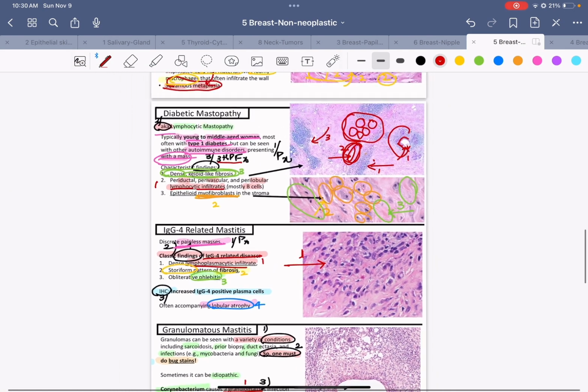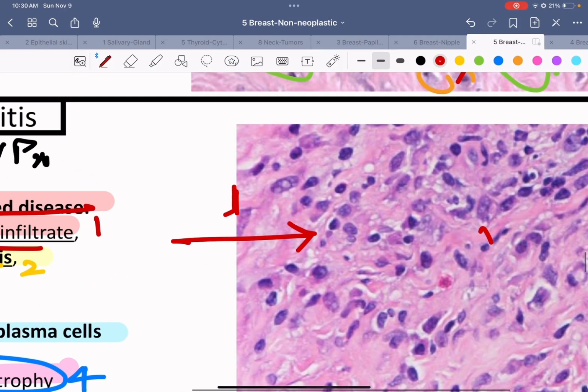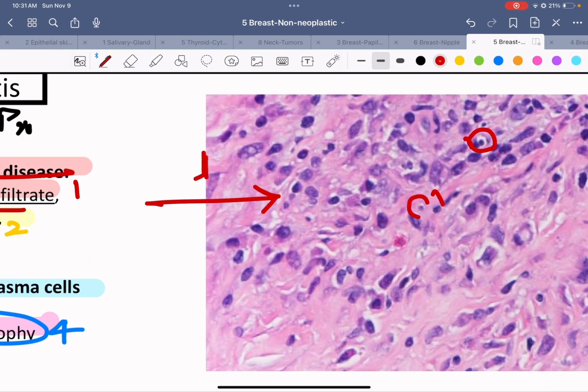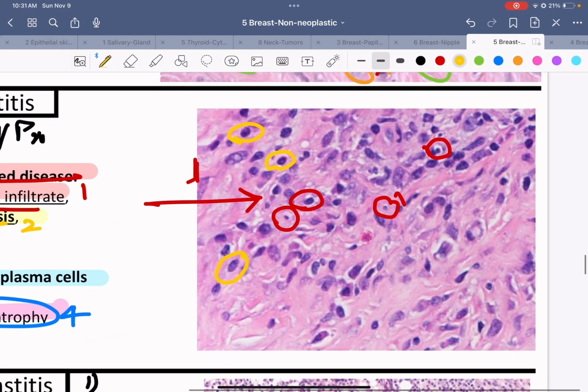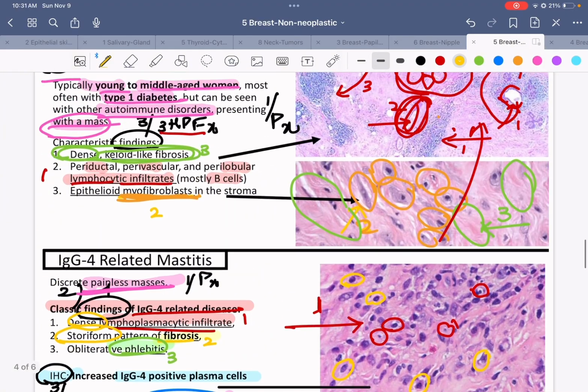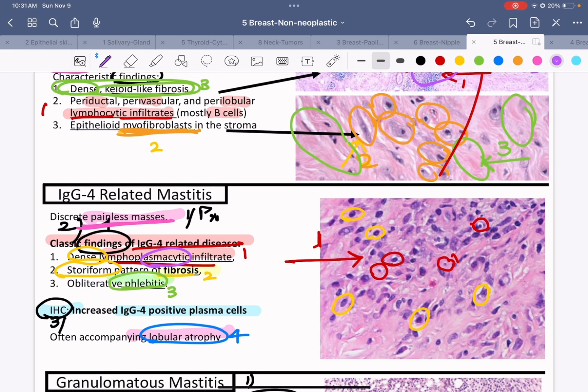But how do you differentiate this lymphoplasmacytic infiltrate from this lymphocytic infiltrate? Number one, IgG4 disease will have lymphocytes along with the plasma cells. So these beautiful ones that have this clear halo are lymphocytes, and these ones that have this clock face chromatin and an eccentric nucleus are the plasma cells, I presume, in this magnification, right? So we have a mixture of lymphocytes along with plasma cells, but this time it is a dense infiltrate, and it's not localized as it was the previous time in periductal, perilobular or perivascular areas. Rather, it's a dense lymphoplasmacytic infiltrate.